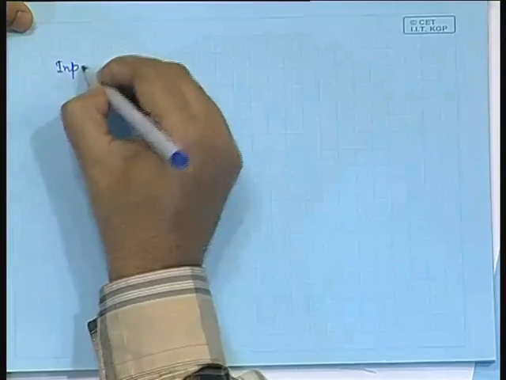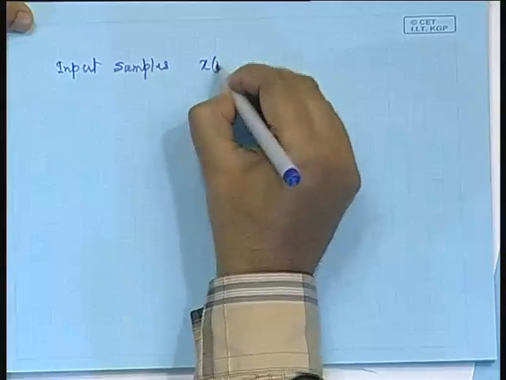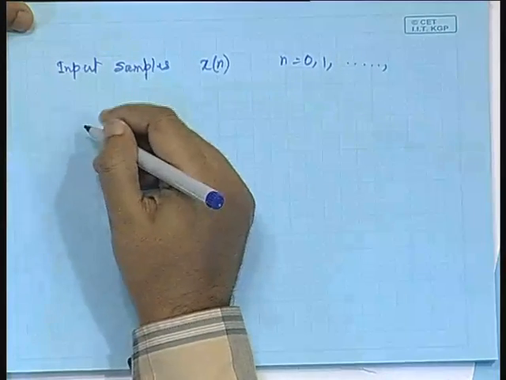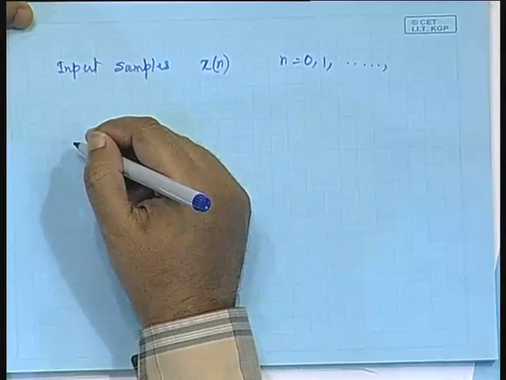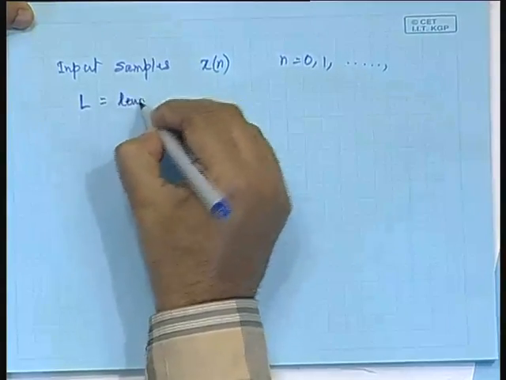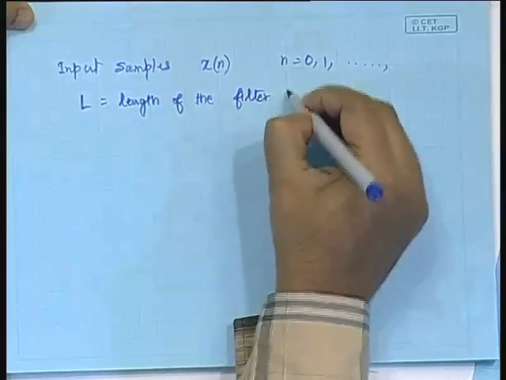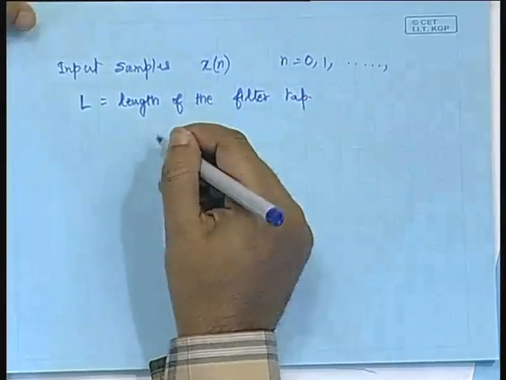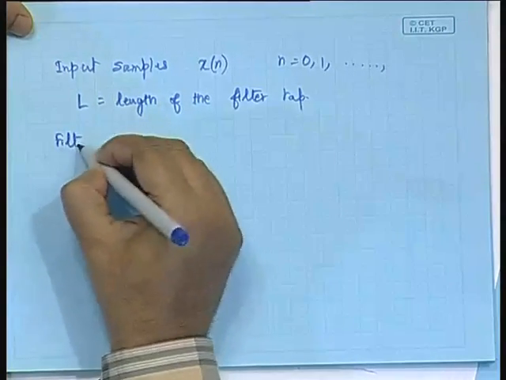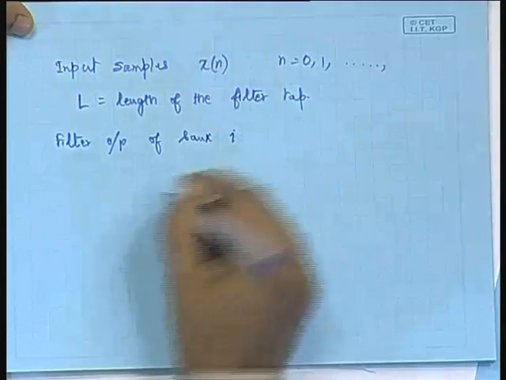Now, if you are denoting the input samples as x(n), where n is equal to 0, 1, etc., and supposing we have the length of the filter tap to be equal to L, and we are realizing an FIR filter, then the filter output of bank i will be given by